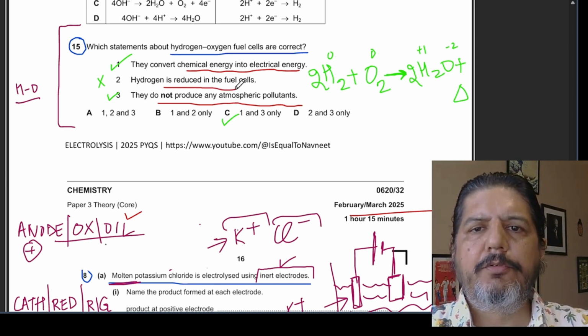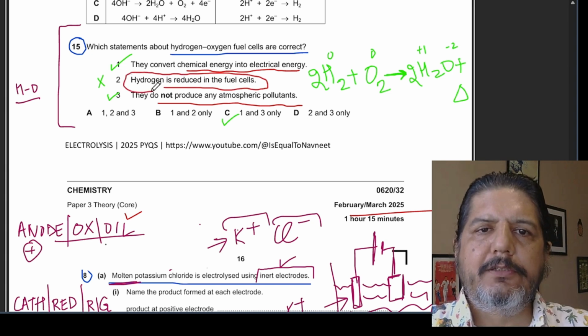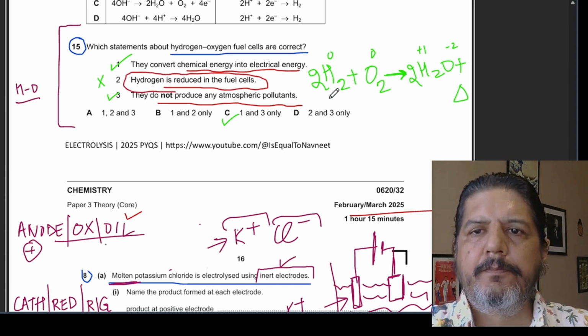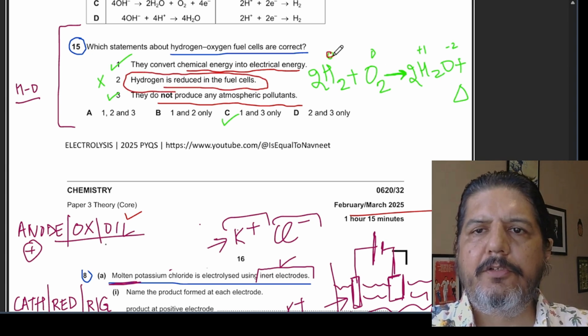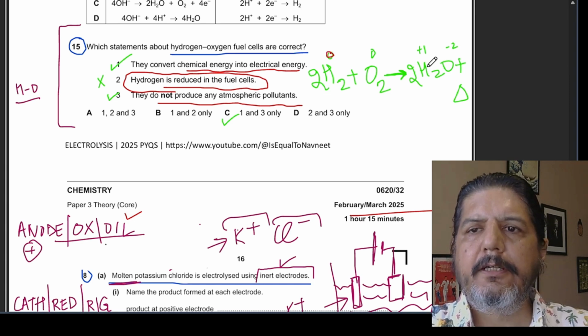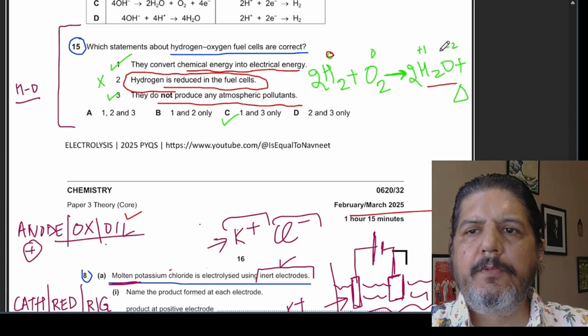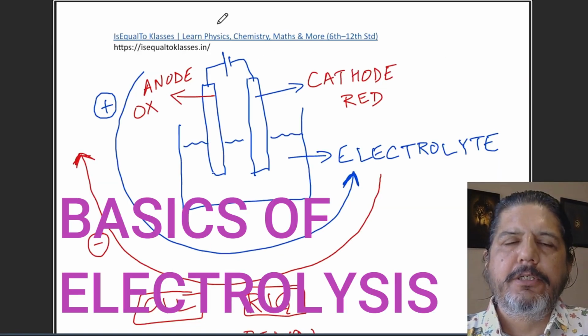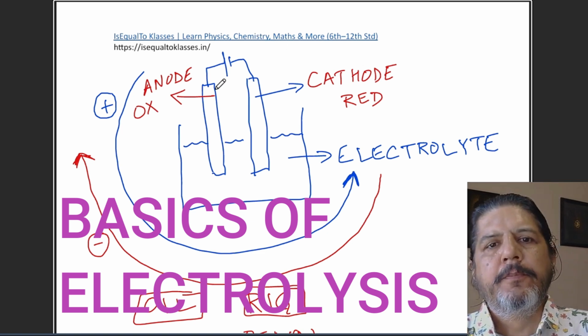Hydrogen is reduced in the fuel cells. So I will explain this. So this is the reaction which is taking place. Here the oxidation number of hydrogen is 0. But if we see here in water, that you remember when you are doing these kind of questions is that